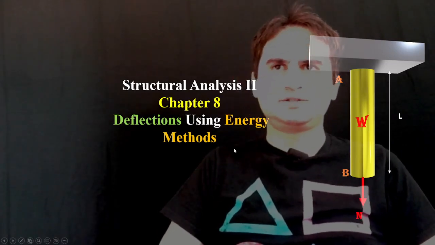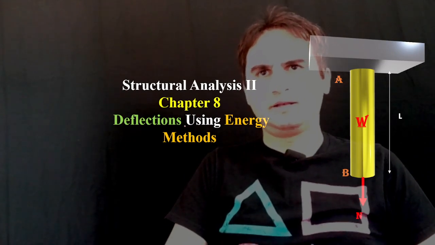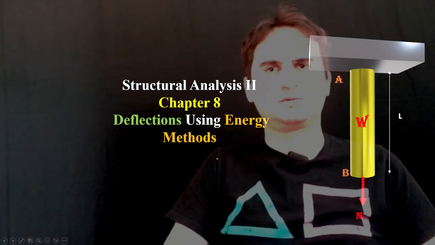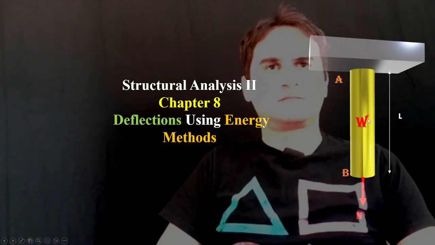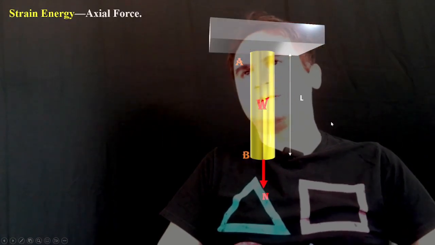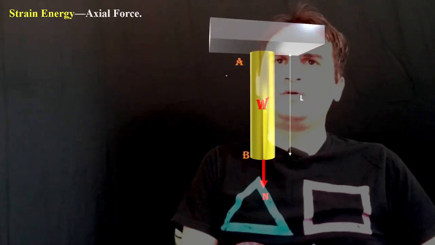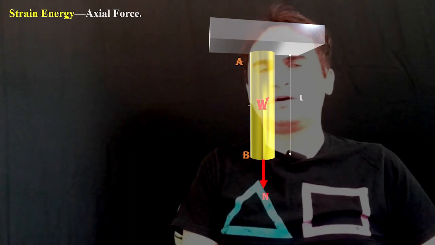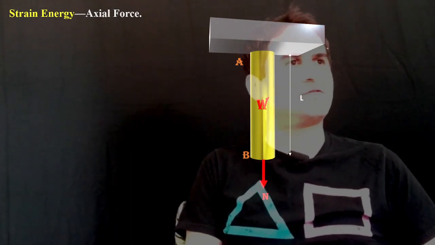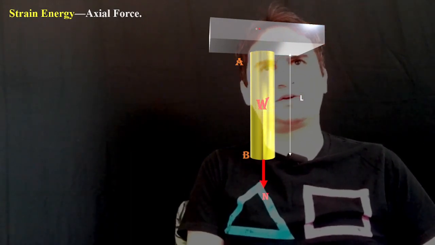Structural Analysis, Chapter 8: Deflection Using Energy Methods. If we have a cylindrical rod hanging from a fixed support at the top,